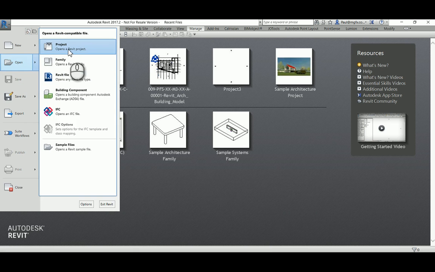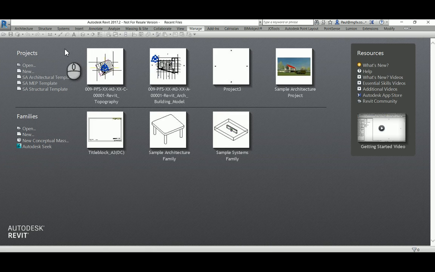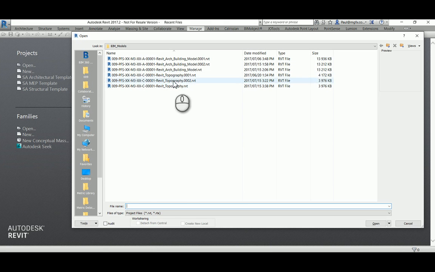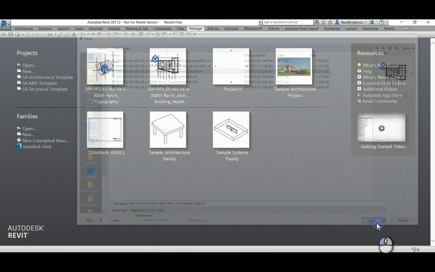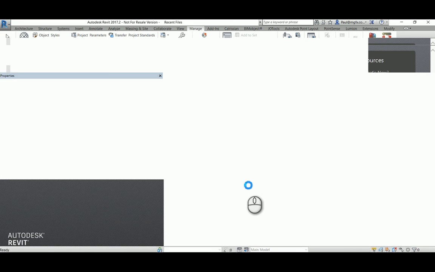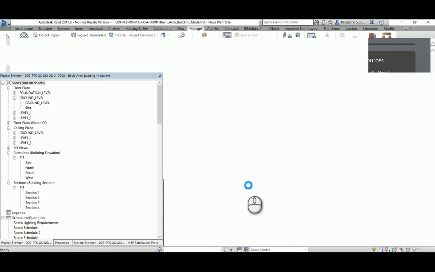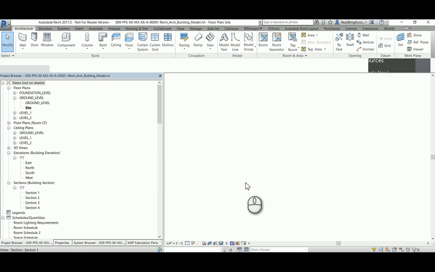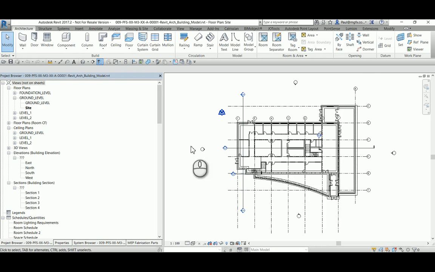So looking at our architectural model, there's no coordinate system or anything assigned to it. It's just a straightforward model that was drawn around the 0 point in Revit, or most people would. And we can now link in